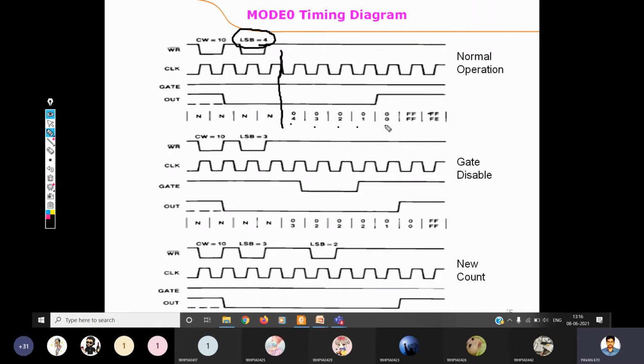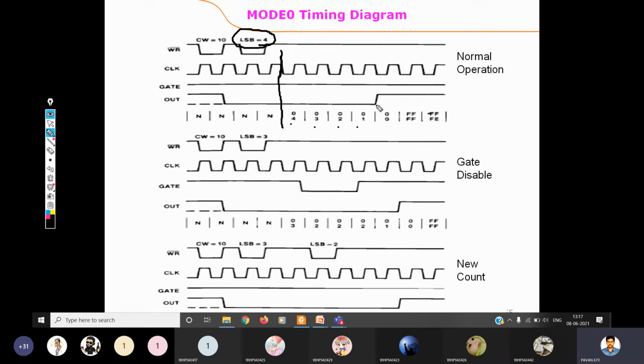And whenever that counter register value gets decremented to 0, immediately since it becomes 0, it is enabled here. Since it is getting 0, it got enabled. Okay. And how far will it be? It is getting rollover, FF, FE, like that it is getting rollover. So whatever the value loaded, that counting operation is completed. The output signal changed from low state to high state because the terminal count is reached. Okay, so terminal count is completed.